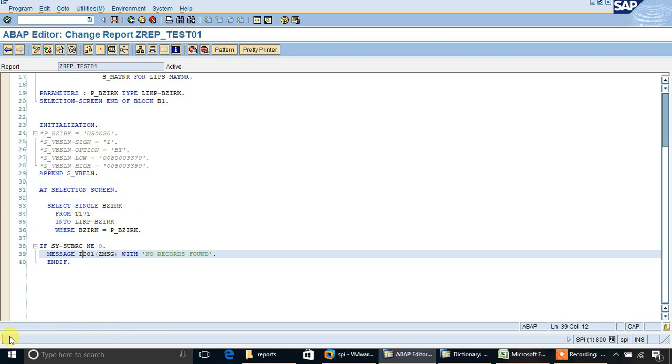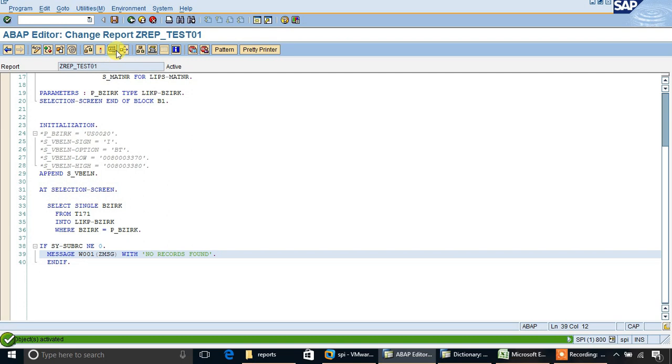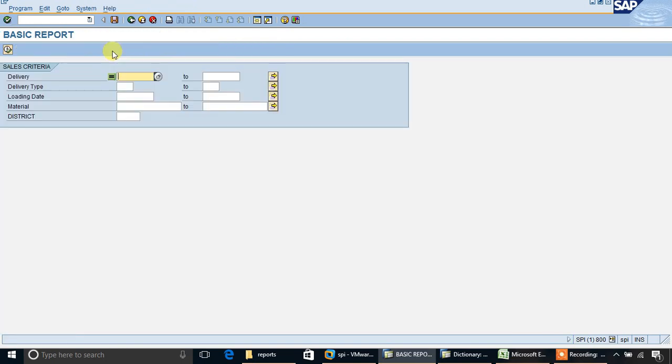For a warning message, this symbol will come.